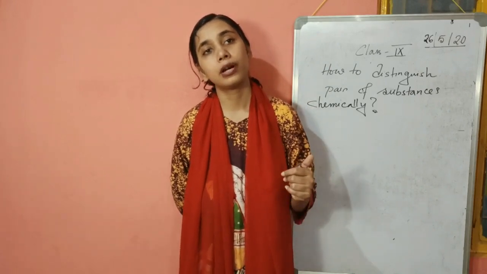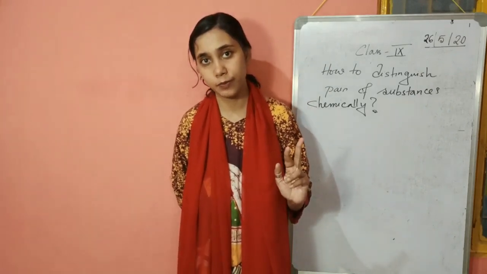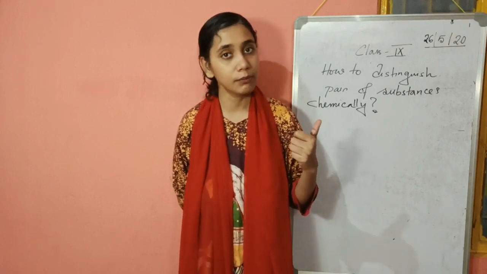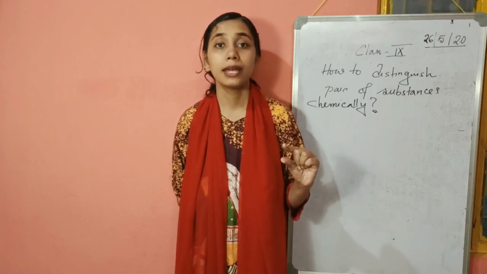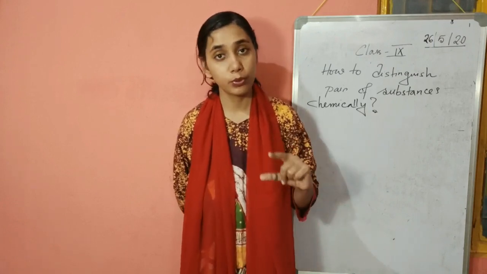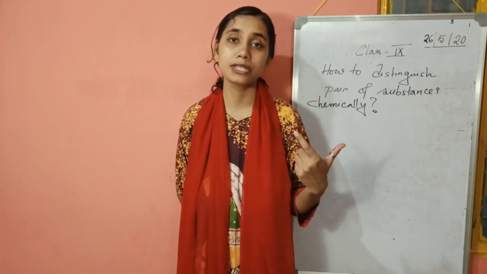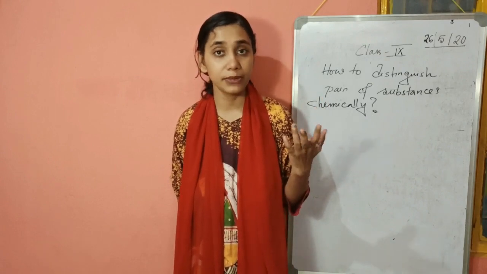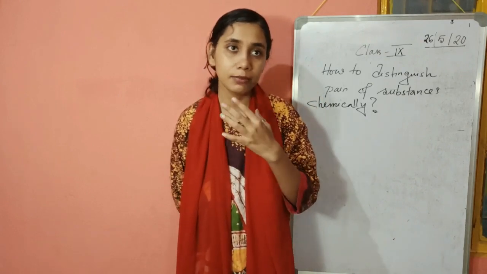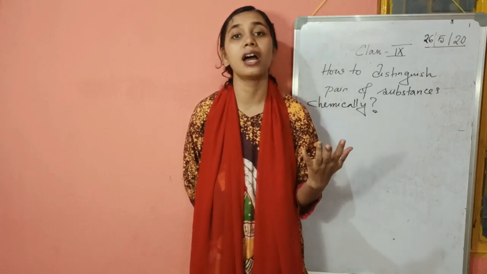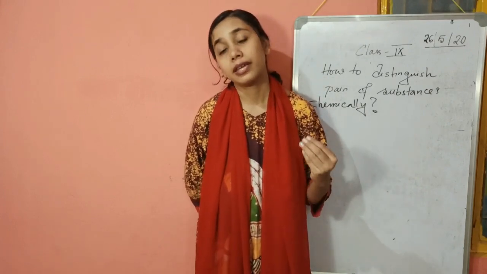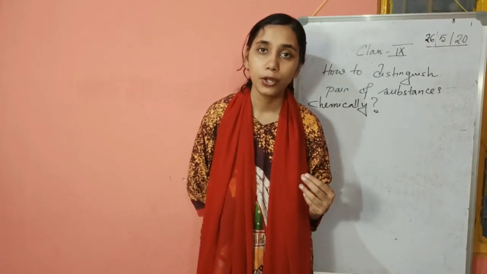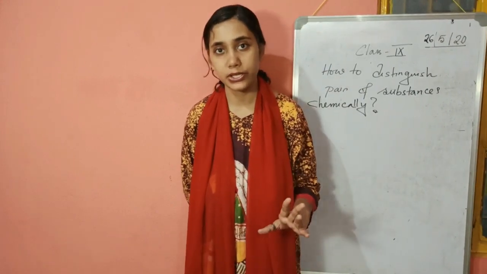Secondly, suppose you have a pair of chloride and nitrate. You cannot use barium chloride, because if you add barium chloride to both solutions, there will be no visible change. In one case there will be no reaction, and in the other case a reaction happens, but it will not be visible. We need to give some visible change, something showing colors or observable changes. So here we will use silver nitrate, because silver nitrate with chloride forms a white precipitate, whereas silver nitrate of course will not react with nitrates.